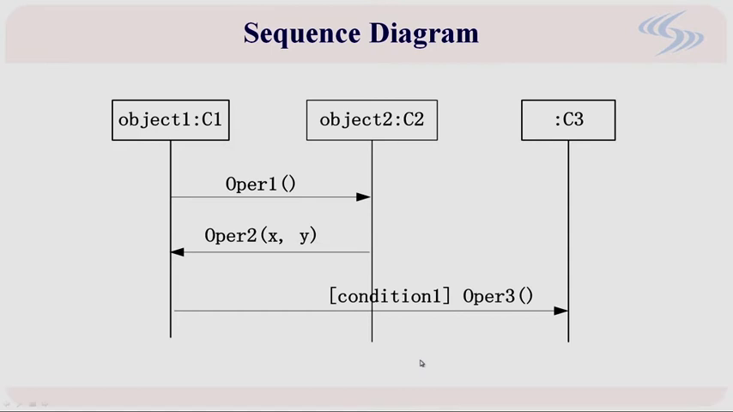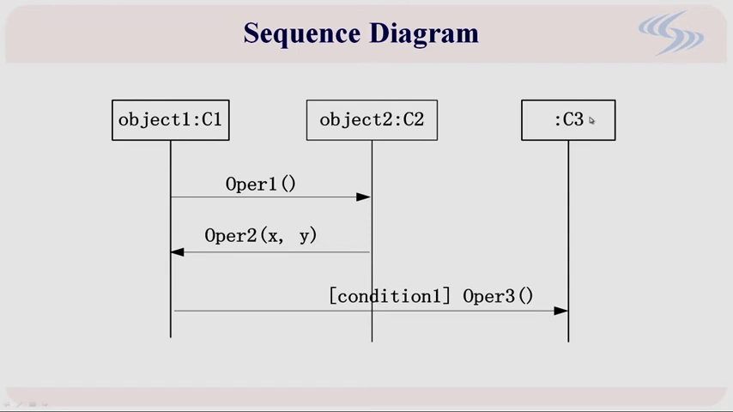So maybe totally the whole sequence diagram will look like this. Object 1, initialized from C1, sends a message to object 2. Object 2 is an instance of class C2, and surely opera 1 is a method of C2. And then C2 also sends a message back to object 1, opera 2, with 2 parameters, x, y. And surely opera 2 should be a method of C1. And under some condition, let's say condition 1, if condition 1 is satisfied, opera 3 is sent to an object